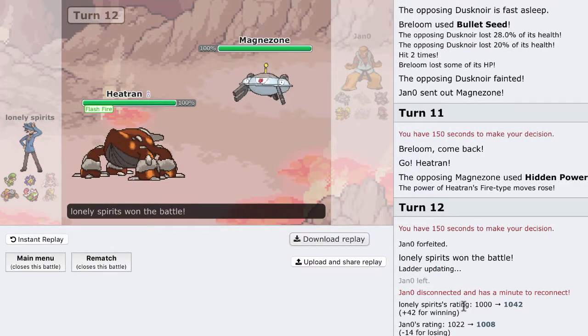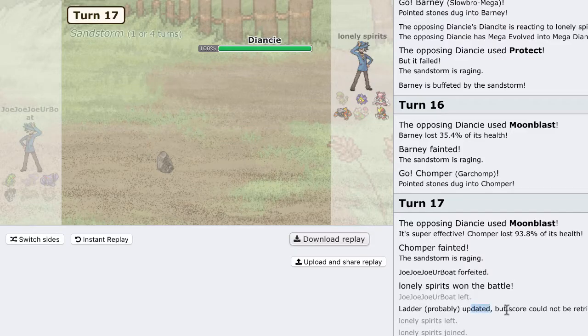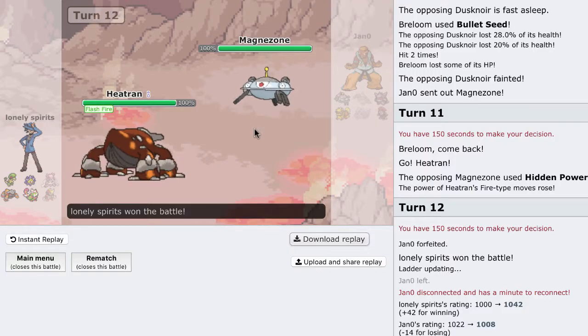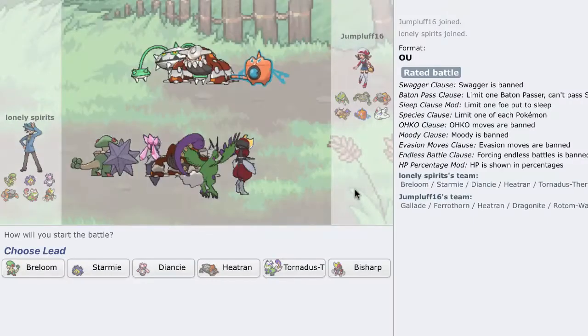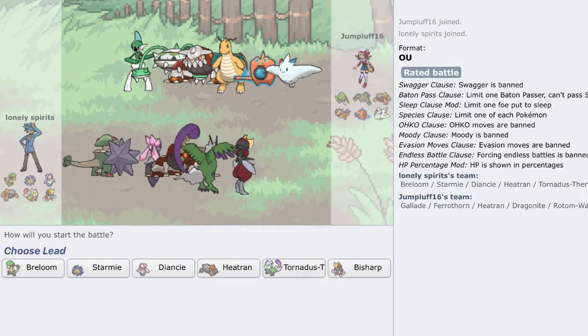So, what was my rank last time? What? I'm gonna go to my past game if I can. What? So it seems like the ladder was corrupted or something. So that became my first game on the OU ladder, which is quite ridiculous. So we're gonna get another one, and at least this guy has a halfway decent team, but it's still not